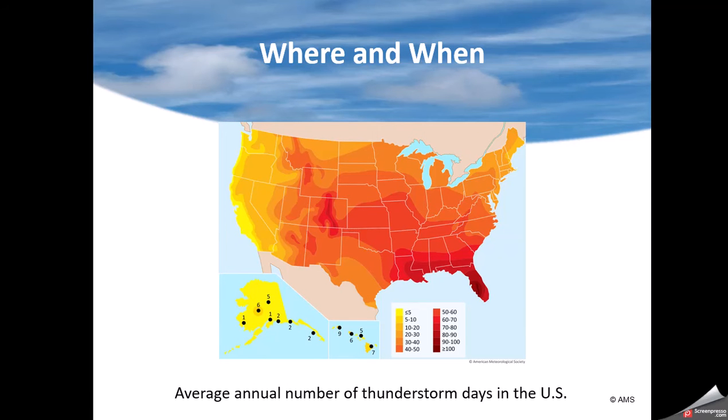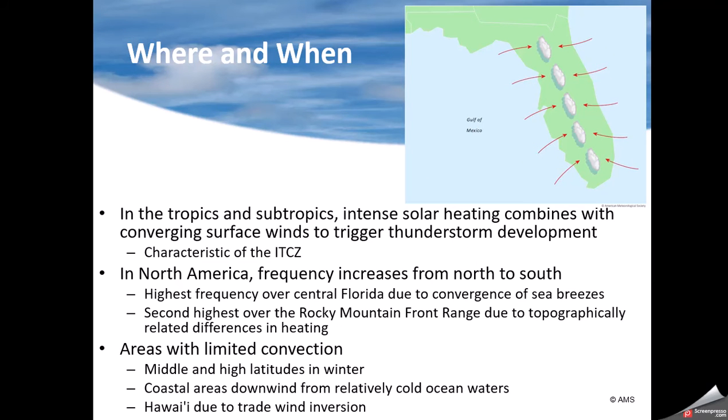And you can see here where they typically form. The most predominant place for thunderstorms is down in Florida, southwest coast. And why do they form down there? Because it's almost always in a maritime tropical air mass. And you have sea breeze from the Gulf, sea breeze from the Atlantic. And we've talked about convergence and how that lifts air up. So that's where your air is rising. And what do you wind up with? Thunderstorms. Depending on which one is stronger, the sea breeze from the Gulf may be stronger one day. The sea breeze from the Atlantic may be stronger another day, and that is where they'll form in that peninsula.